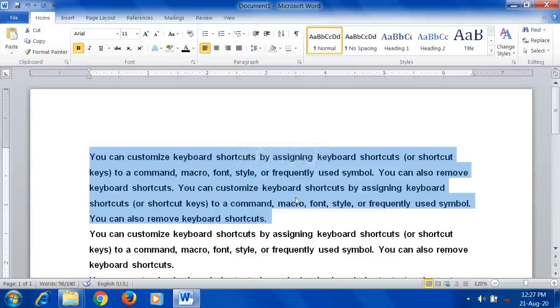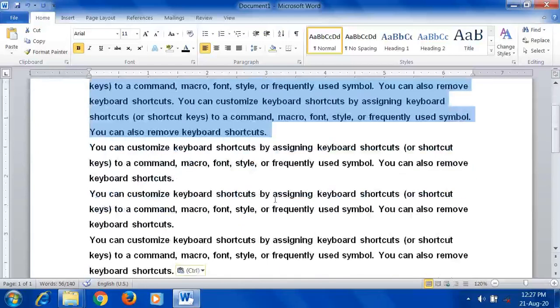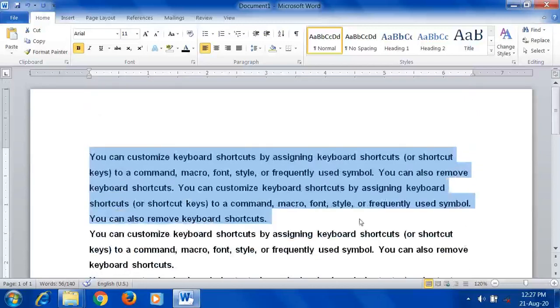In the next class we will see how to edit a table in Microsoft Word. I hope you have understood these points. Simple. You can do the practical to understand this concept clearly, because computer is a practical based subject, not theory based. When you do more practical, you will understand the concepts more easily. Only reading won't work out. You have to do the practical and see how these options work in a system. So thank you for watching.